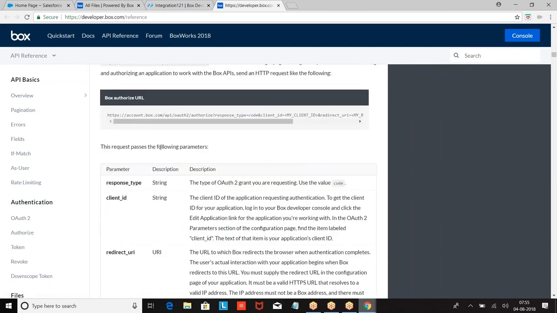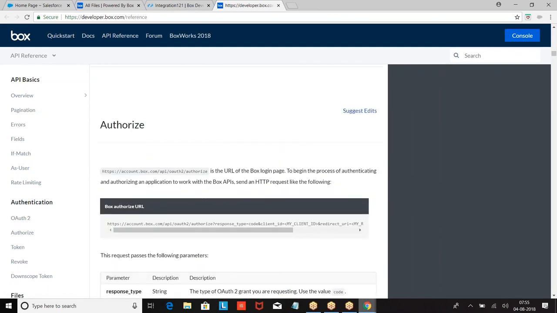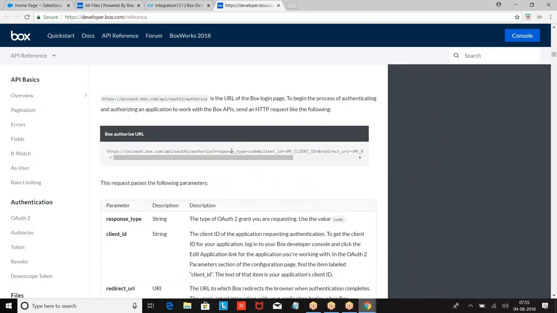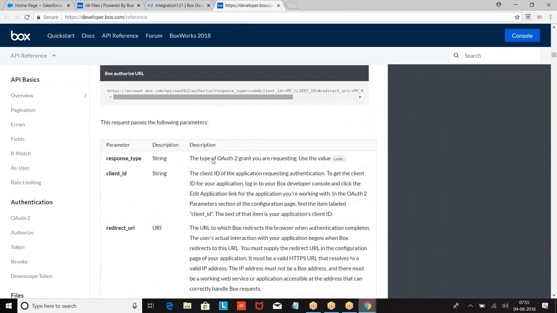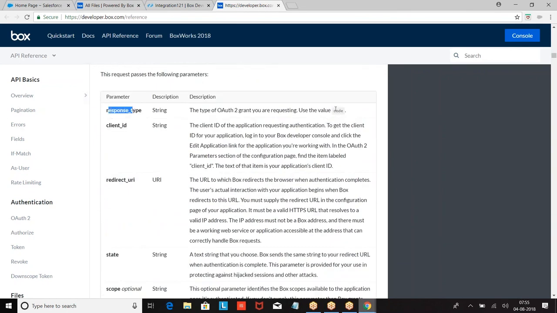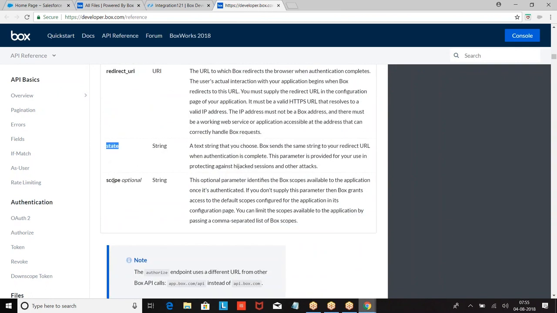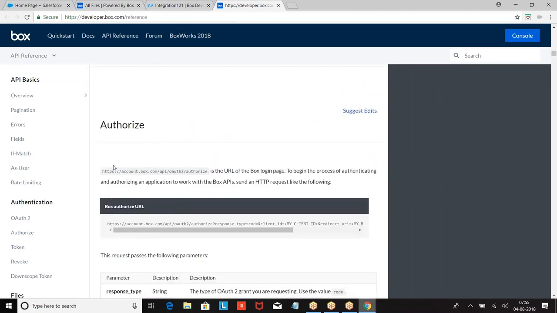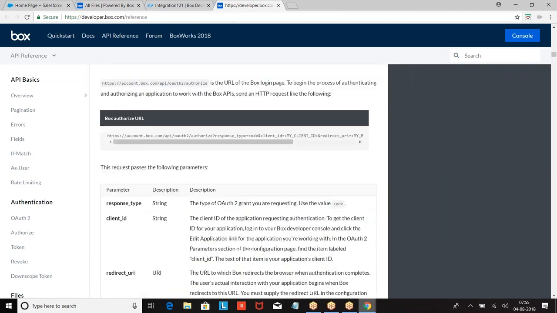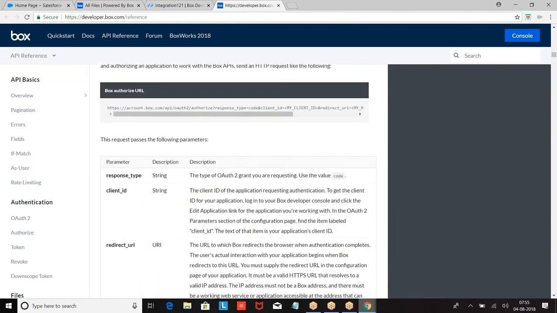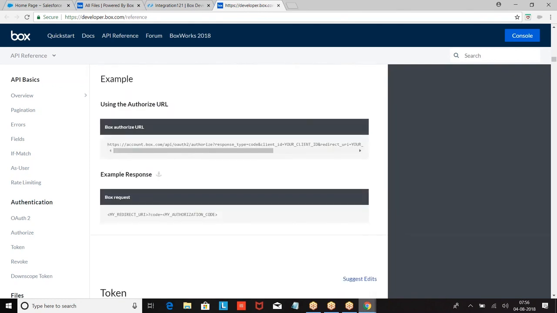First they're asking you for response type equal to code. Make a request to this URL with response type equal to code, client ID, redirect URI, state, scope. If I make a request to this URL with the following data, then we are going to get